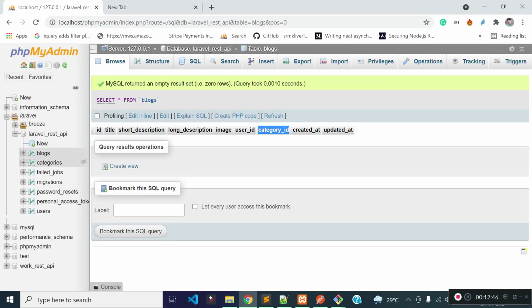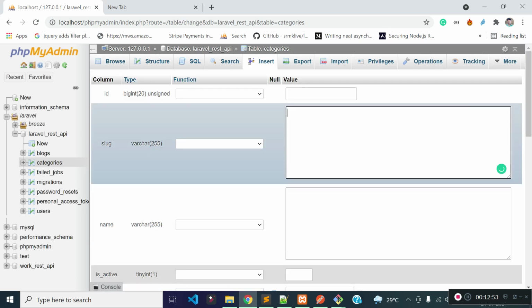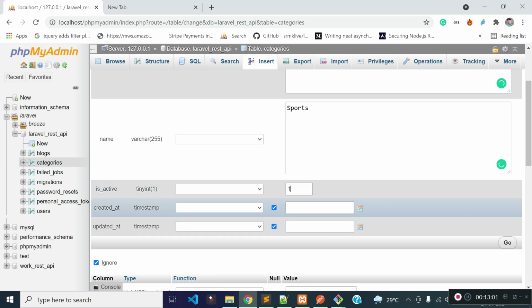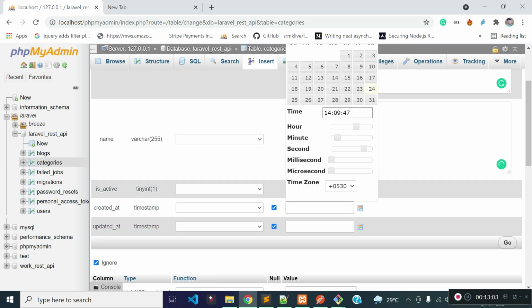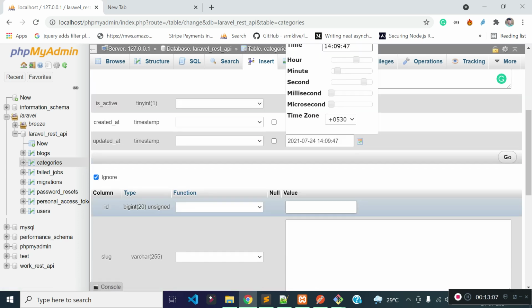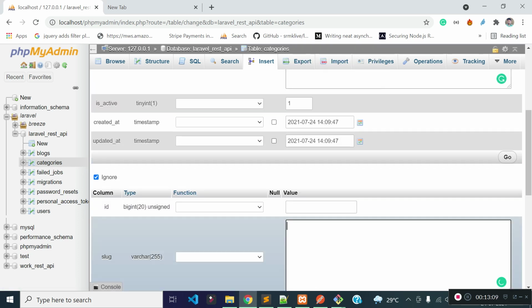So first of all, let's create some categories manually inside our categories table. The first category I'm creating called sports, and it should be active. Let's provide the current timestamp here. And the second category I'm creating called science.